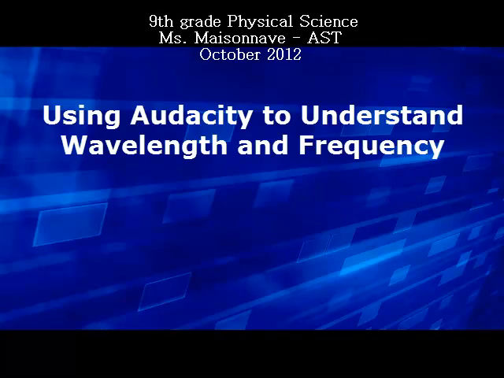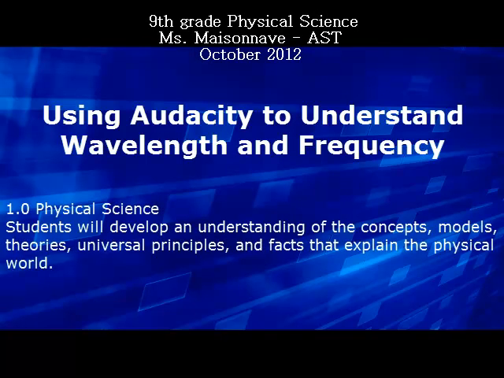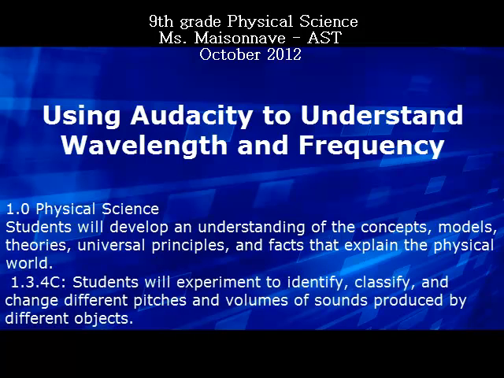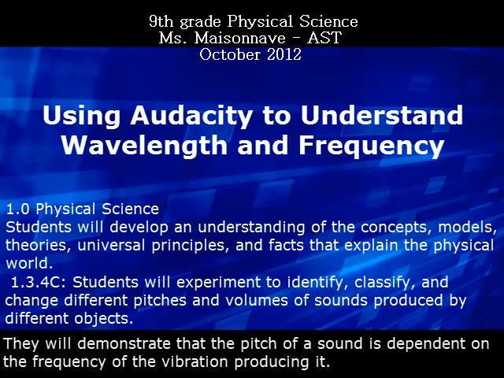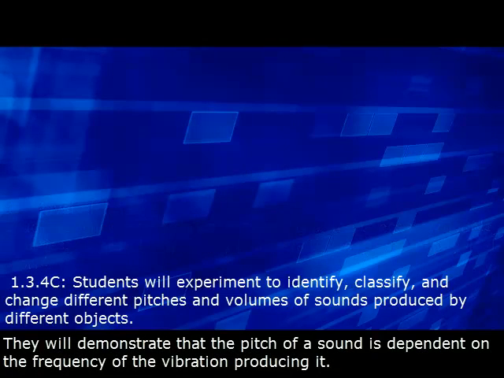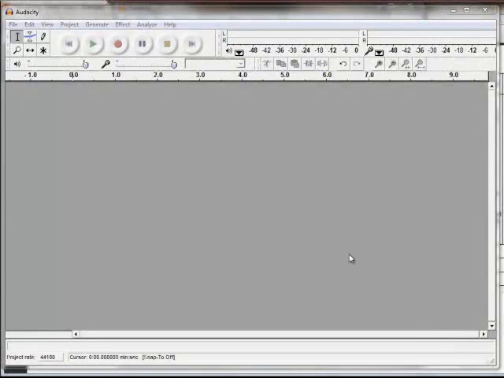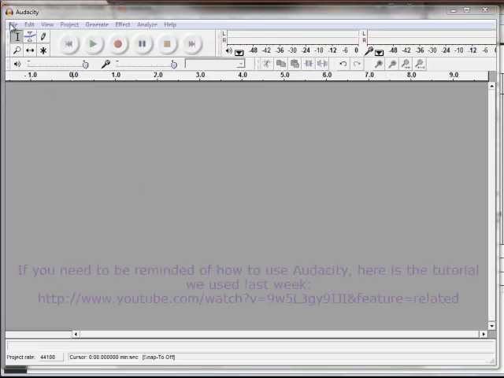We're going to use Audacity today to analyze our own voices and understand how frequency and wavelength are related to pitch. So let's go ahead and get started. Okay, the first thing we're going to do is open a new Audacity page, a new project, and we're going